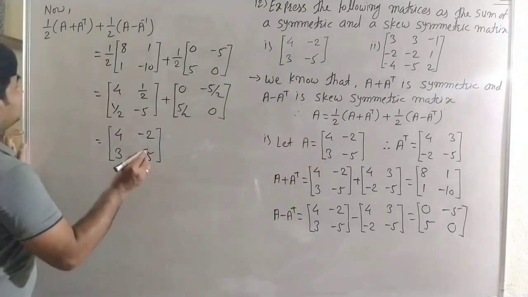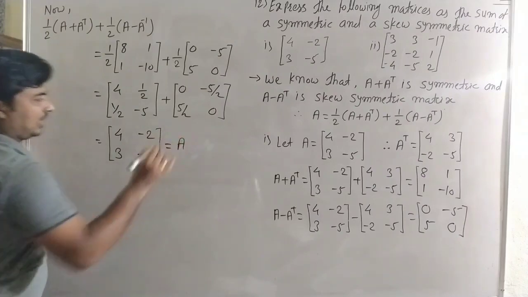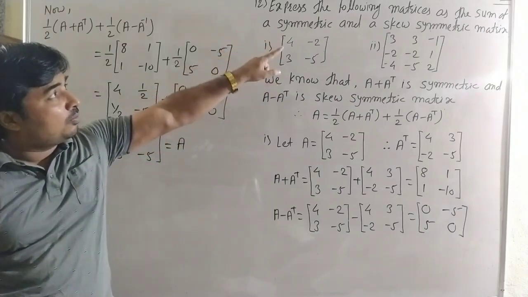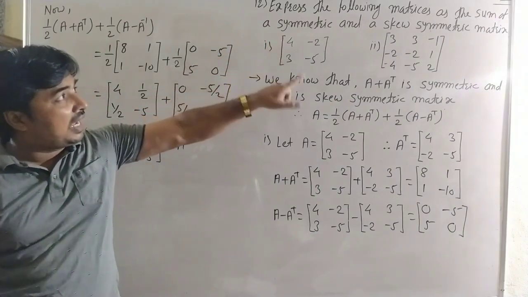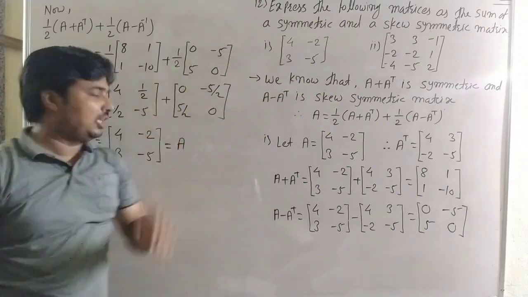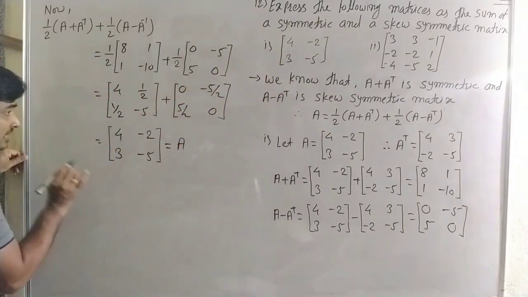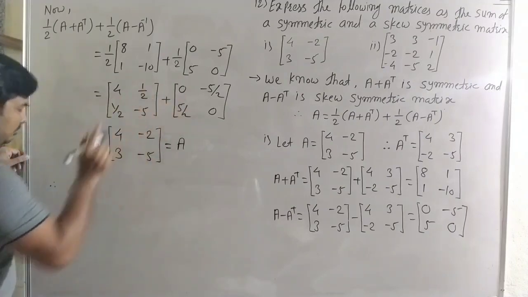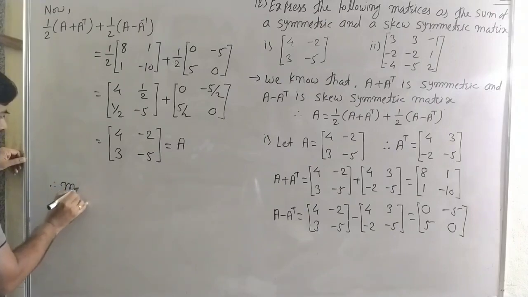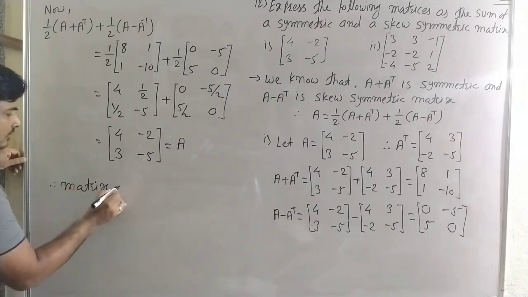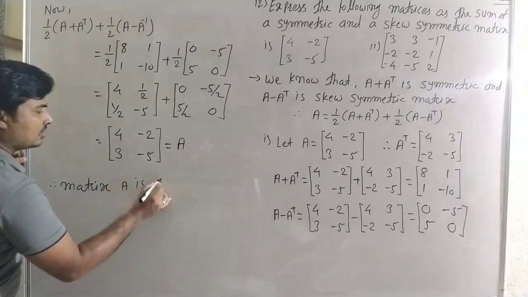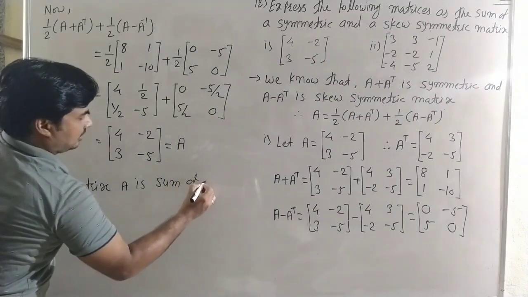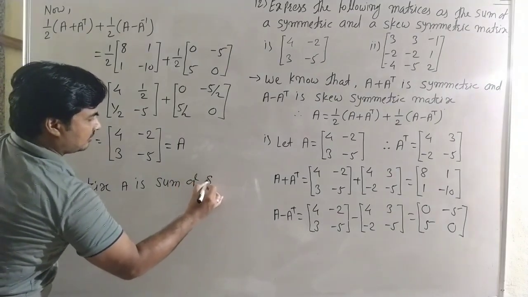Okay, and here it is the matrix A. That means express this matrix as the sum of symmetric and skew symmetric matrix. Therefore we can write the last answer here: matrix A is the sum of symmetric and skew symmetric matrix. Therefore the matrix A is the sum of a symmetric matrix,